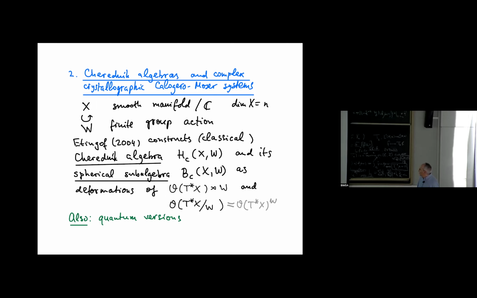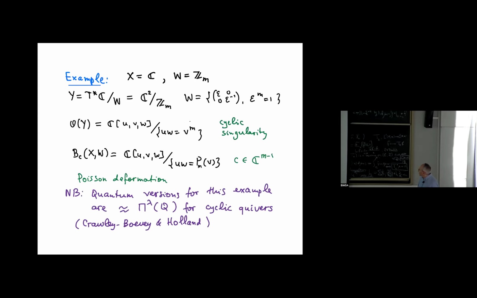Okay, so that's the general geometric background. So there is this family of algebras. These are sheaves of algebras. And maybe just to give some flavor, it will be useful also to look at a baby example. The simplest example of a Cherednik algebra is when you take X to be just the affine line, the complex line, with action by roots of unity. W is a cyclic group of order m acting on it. So the cotangent bundle to X you can think of as C^2, and the roots of unity act by the following matrices. So this is a symplectic action, and you